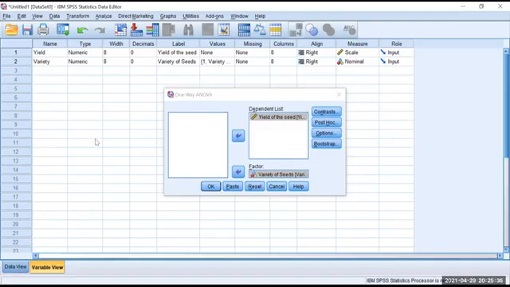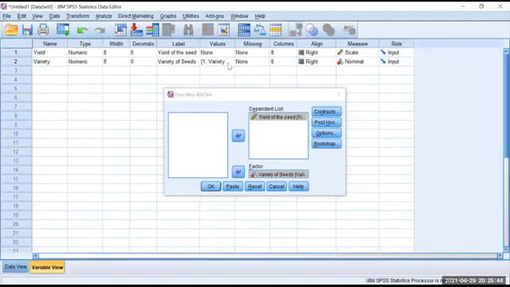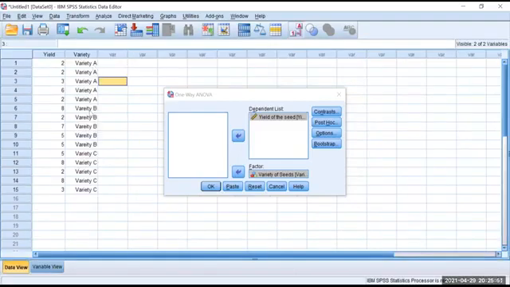No, ma'am. That's why I told you yesterday. Instead of typing variety A, variety B, you nominate 1 equal to variety A, 2 equal to variety B, 3 equal to variety C. Instead of typing variety A, B, C, you can enter 1, 1, 1, 2, 2, 2, 3, 3, 3 values. After that, you can click this value label icon. Before entering, you disable this and you enter. And after entering that nominated value, you enable this option, so that the nominated value will be renamed as its variable name.